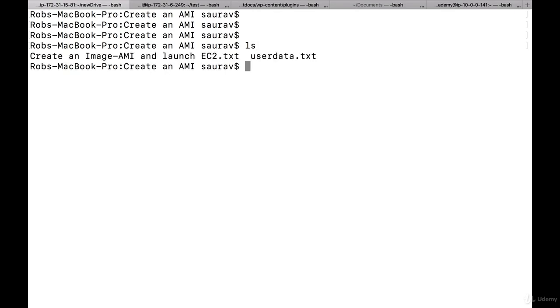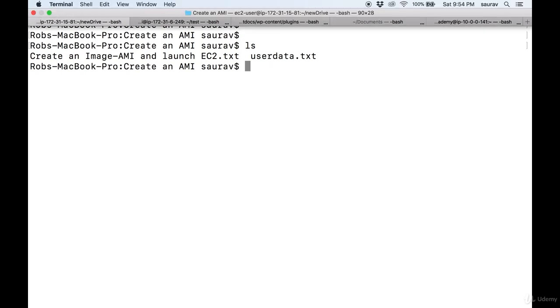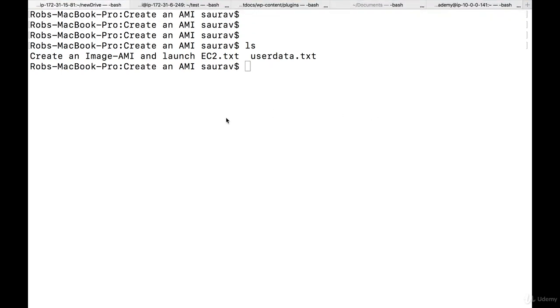I'm currently in that folder, and I have two files, user data and this. Now I'm interested in the user data.txt file. We haven't done this so far. I'm going to show you the way to use the user data to launch an instance. So basically what I would do is